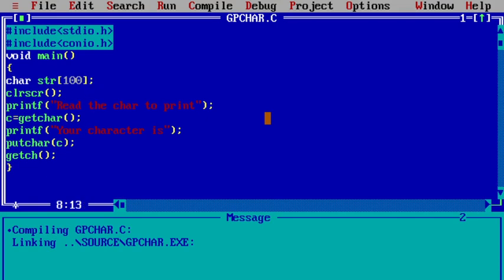And instead of getChar, we have to use the getS function. What I am going to read will be stored in the variable we have declared, str, and similarly it prints whatever has been read in str, it prints the str value. So let us try with this one.